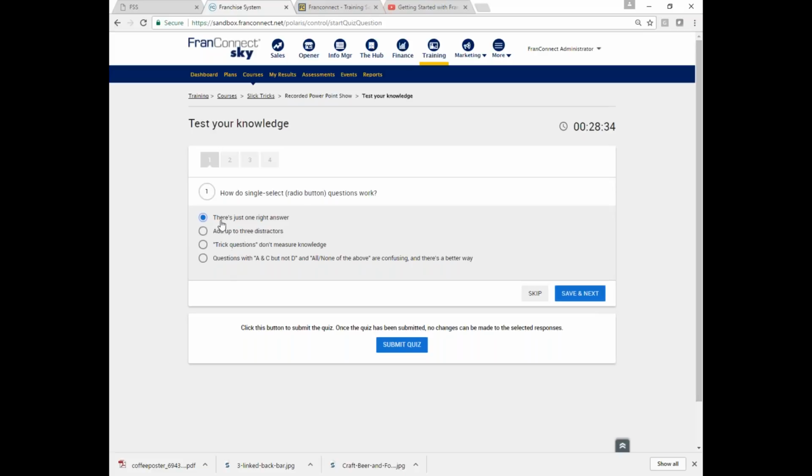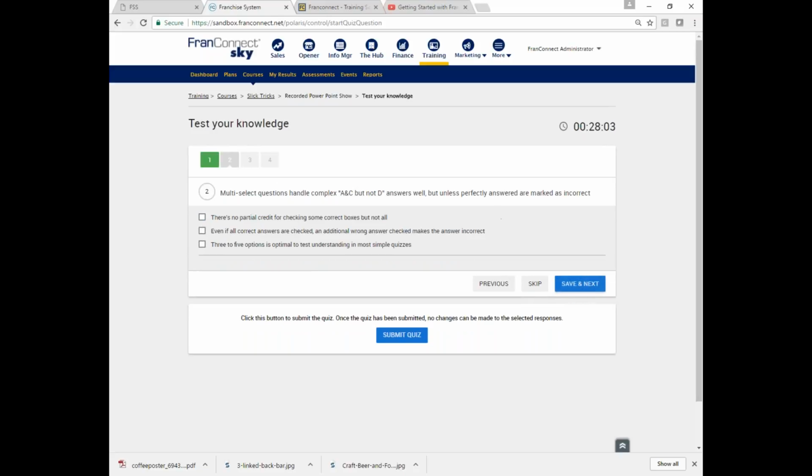Also, we find that you don't necessarily need to have 4 answers for every question. If some things only have 3 distractors on them, that's okay. And it's not useful to make additional things like all of the above, none of the above, A and C but not B, B and C but not A. Extra distractors like that just to make up the numbers aren't really helping you assess what they know. So we wouldn't recommend that you write questions like that. Okay, so they're going to go to the next question.